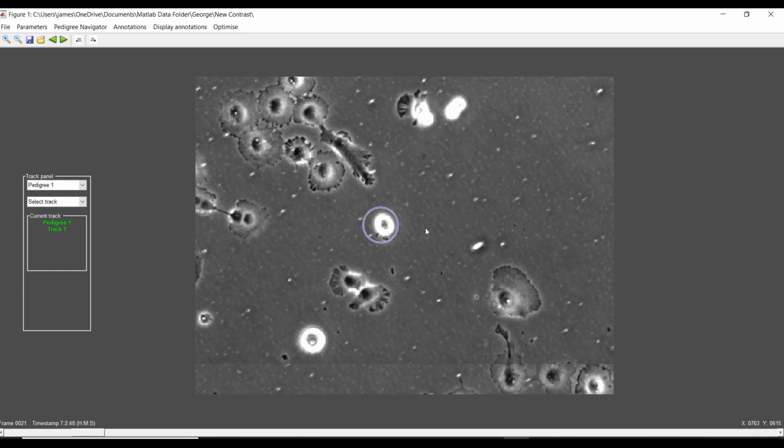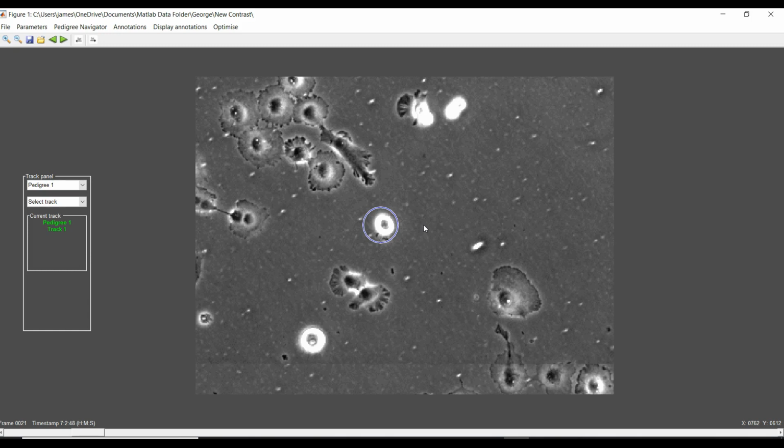Now you can see the automatic tracking has stopped autonomously. And the reason for that is that the cell has divided and the nuclear image has changed a lot. So this tracking algorithm uses correlation, and if the correlation coefficient drops below a threshold, it'll automatically stop tracking. And that's quite convenient because it'll stop tracking at the end of the cell track before it dies or before the cell divides. So what we want to do is track right up until the cell